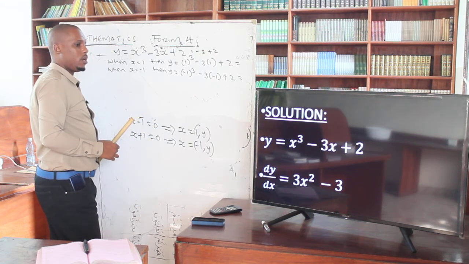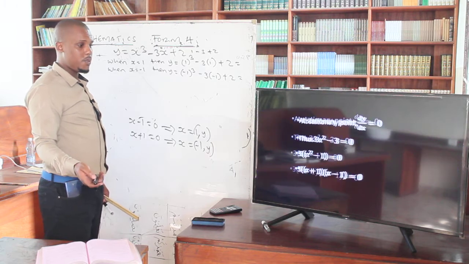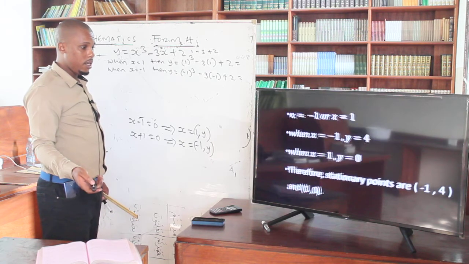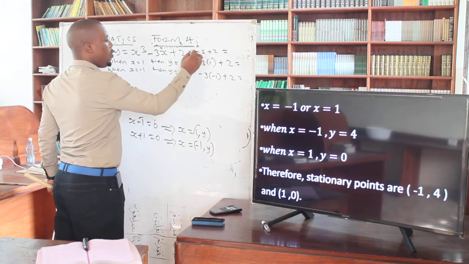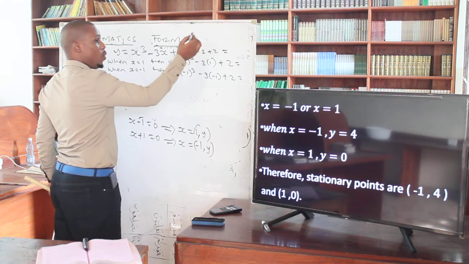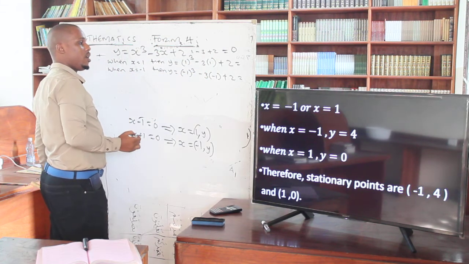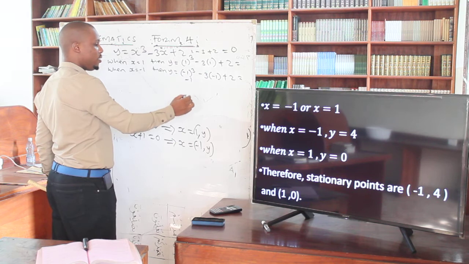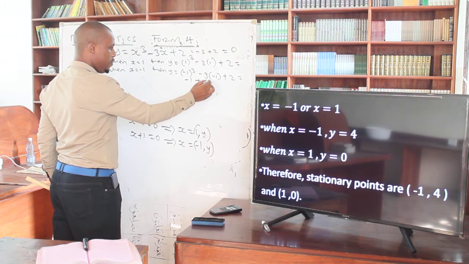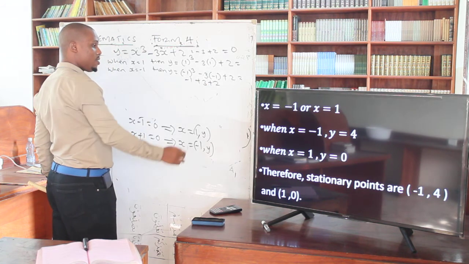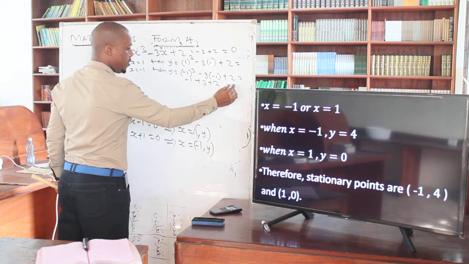Okay? So as you can see there in my solution, I've given you the two solutions. When you solve, this one is going to be addition, 1 plus 2, that is 3. 3 minus 3, 0. Okay? Then this one is going to be -1. A negative and a negative give us positive 3, then plus 2. So meaning in this case, we have 3 plus 2 is 5. 5 minus 1, that will give us 4.